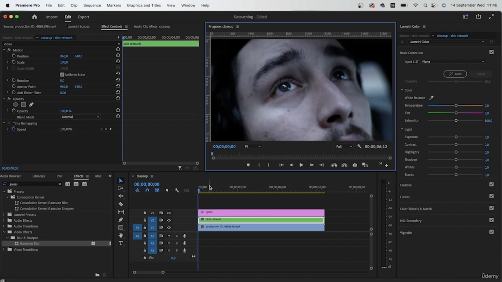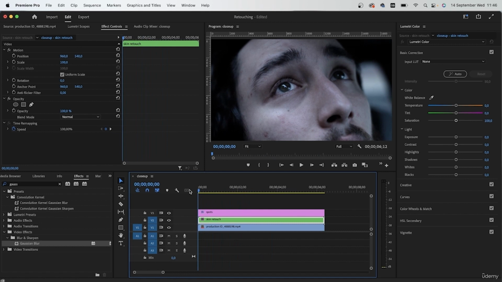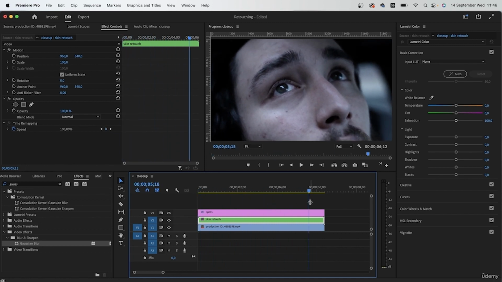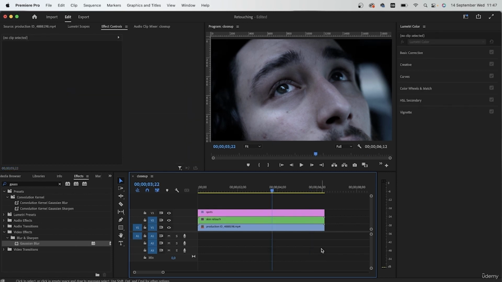So far we learned how to smooth out the skin and give it a better look. In the next lesson, we're going to see how we can use After Effects and get rid of these bigger areas that you see right here. So we're going to finish off this look in the next lesson using the help of After Effects and some